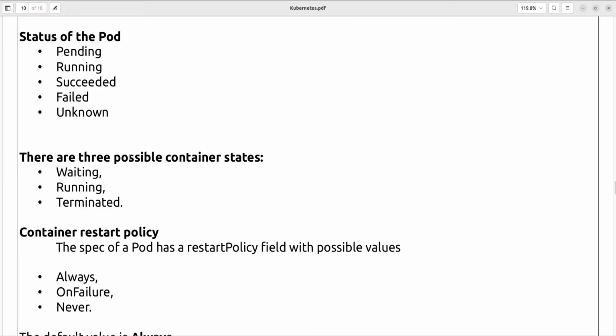Now the status of the container. So three statuses are there for the container: waiting, running, terminated. Terminated means the container is deleted. Running means the container is running. Waiting, the container is in paused state, it is waiting to restart. Okay, fine. Next,